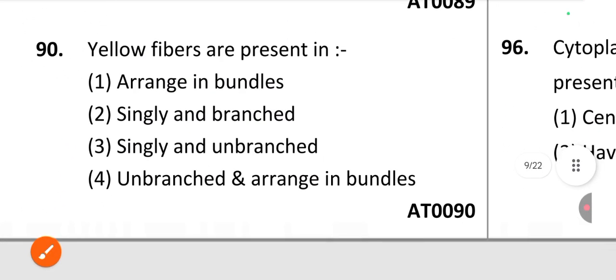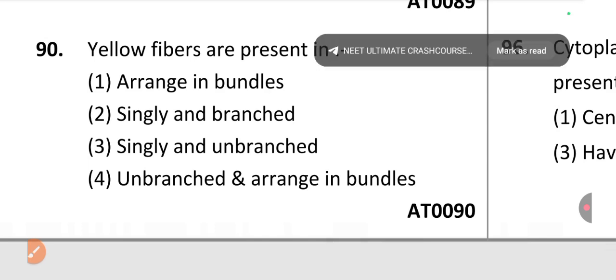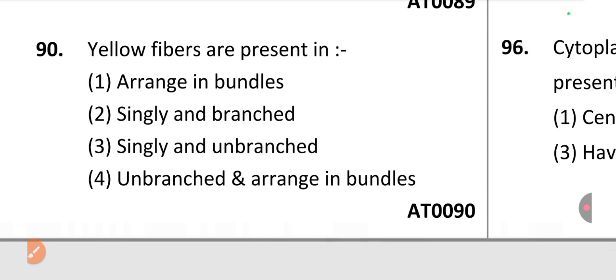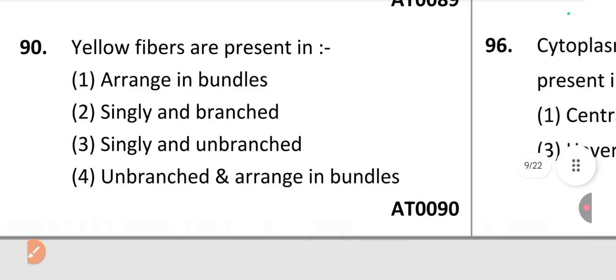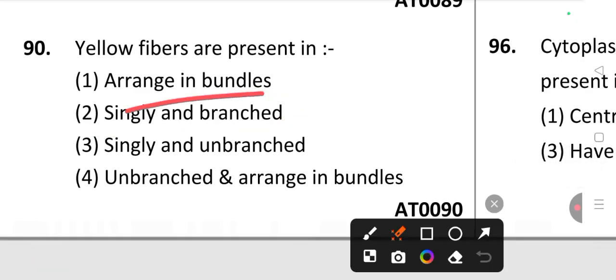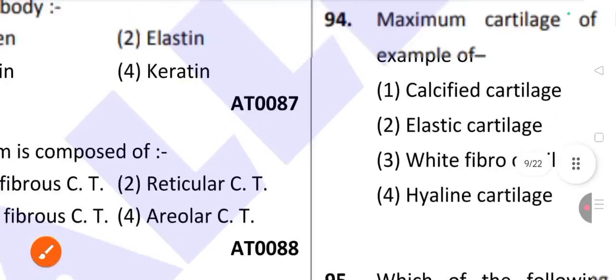Next 90th one, yellow fibers are present in. So yellow fibers, how they are arranged, meaning how are they present? So they are present as singly and branched. Option number 2. Next 91st question we'll see